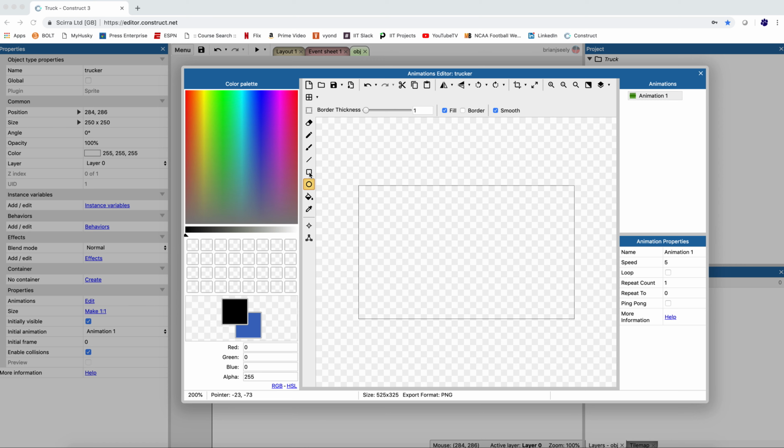So you saw that my truck had a nice little square bed to it. And you do that down here. So you see that when I pick this square, I have an option of border thickness, okay? So maybe I'll do a 5. And then I have a fill and a border, okay? I want a border for this one just for funsies. And then you can see down here, I have black and then the blue. Whatever the foreground one is, that is going to be your fill, and the background is going to be